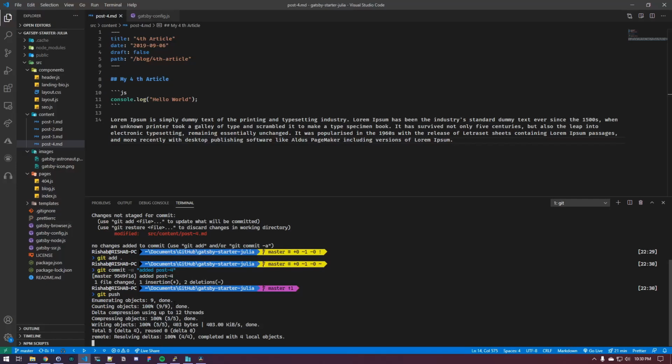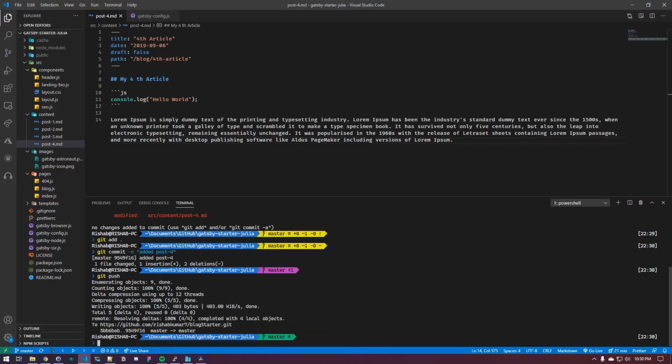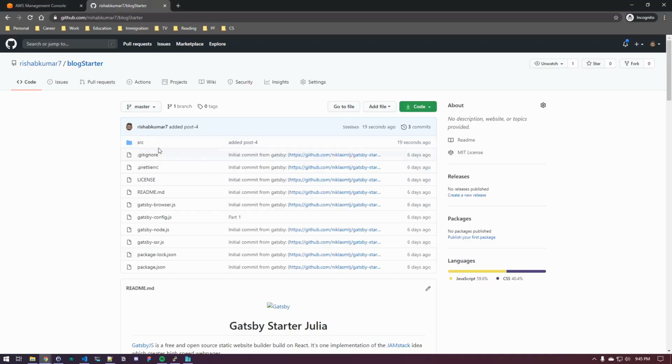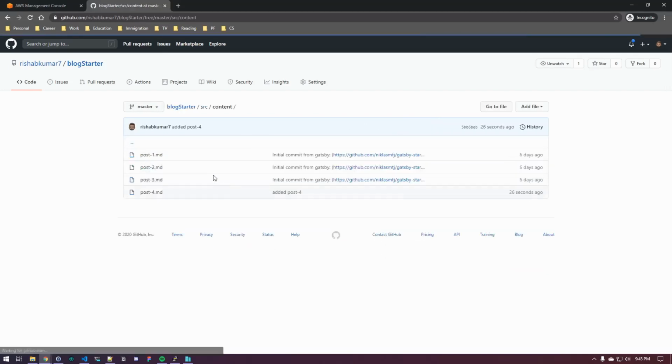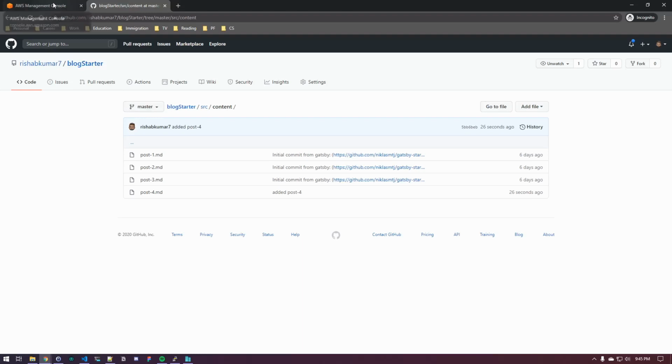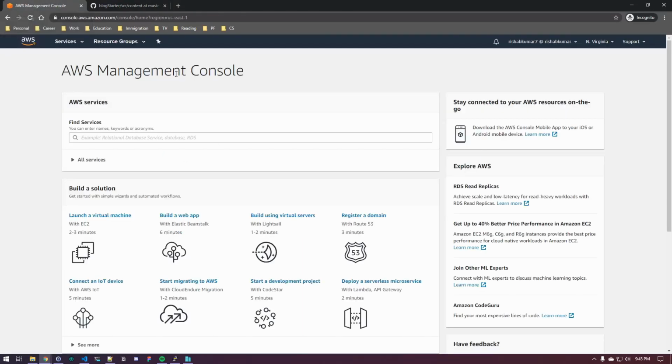we go back to GitHub now, and it shows we added the post-4 file 26 seconds ago. So our project is up to date, and now we can go ahead and dive into how we'll deploy this